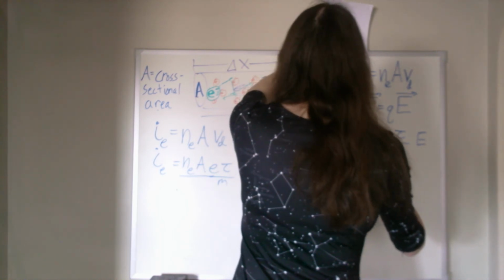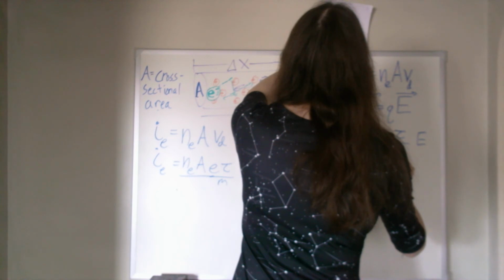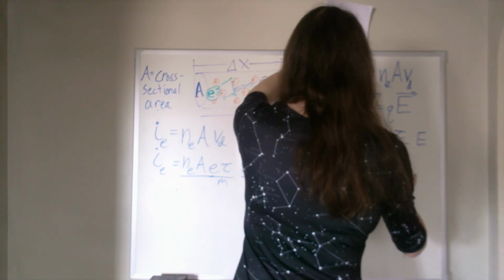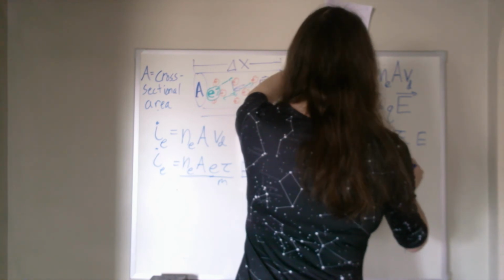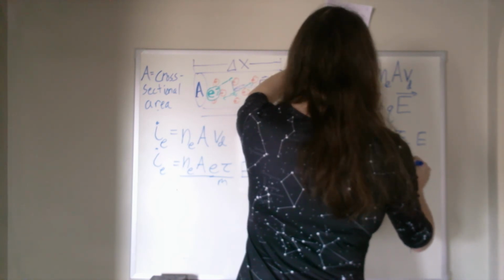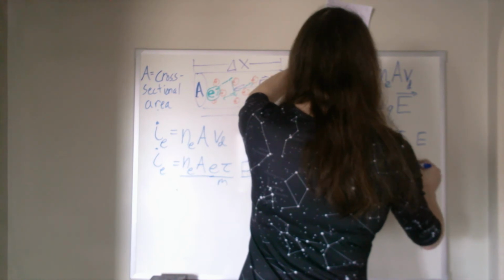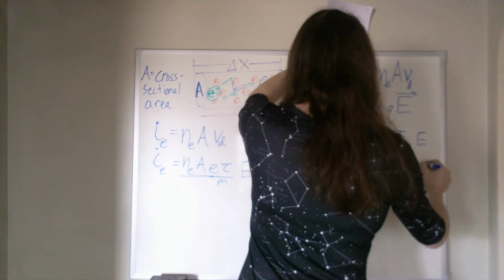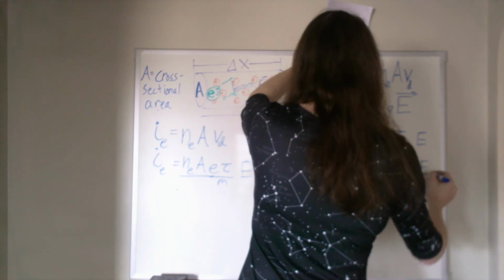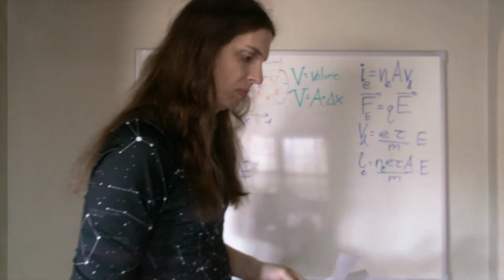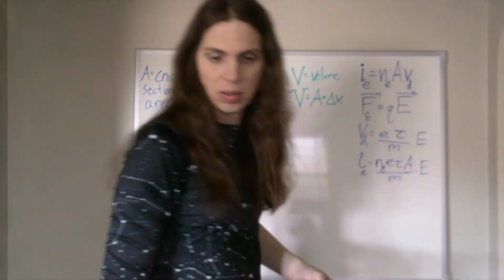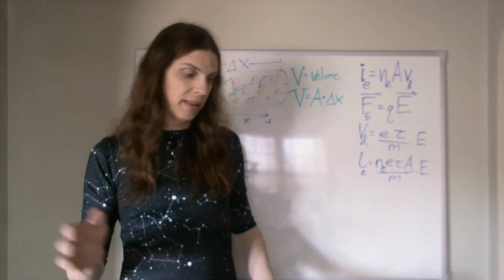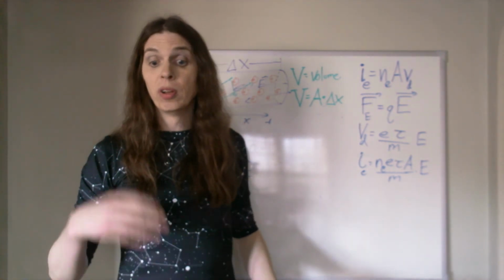So, that is n e squared tau A over m, times E. Okay. So I'm going to stop here,